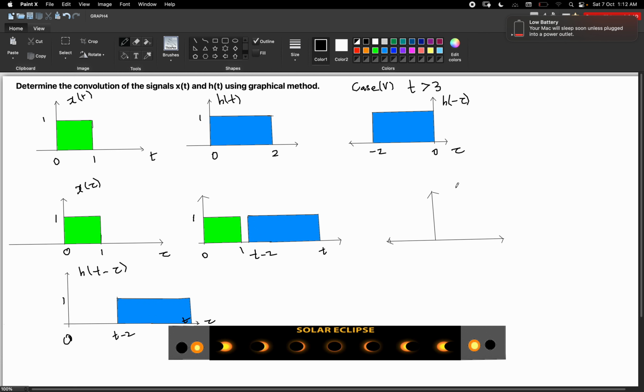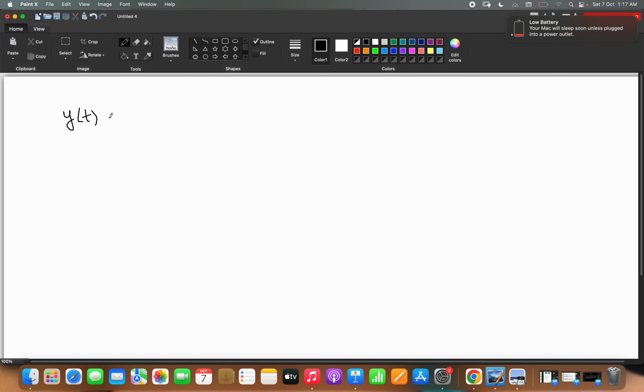Because of no overlapping, the value of the product x of tau and h of t minus tau is equal to 0. Hence the value of x of t convolution h of t is also 0, because the product of x of tau and h of t minus tau is equal to 0. Consider y of t as x of t convolution h of t,